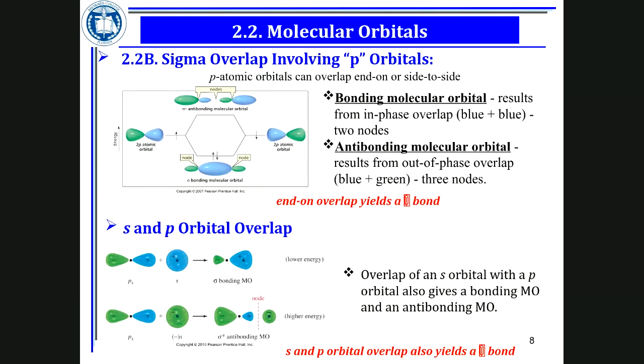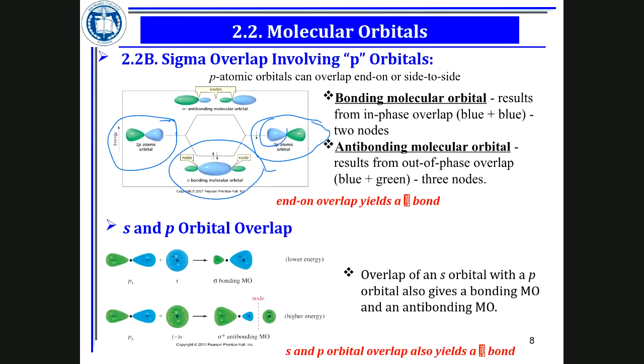If you have 2 p orbitals, same thing. The previous slide was showing 2 s orbitals overlapping; now we have 2 p orbitals. It could be constructive, and you get bonding. And one other thing I had to mention: if you have 2 p orbitals, this overlap is head-on, not side by side. So you see this blue part of the p orbital from the right side with the blue from the left side coming together and forming overlap.